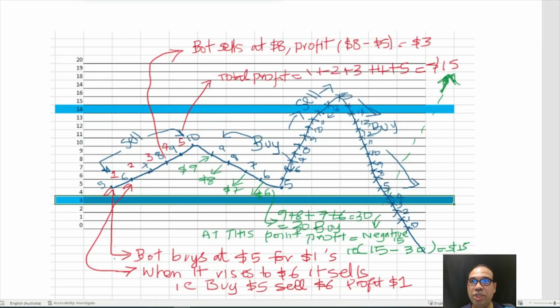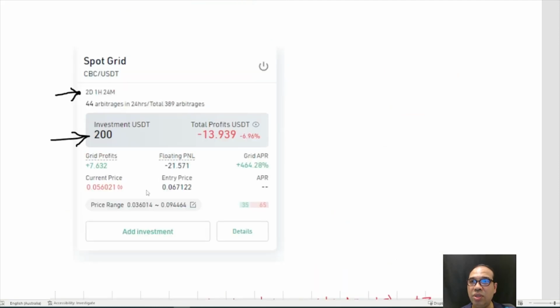Now I want to explain to you the lower limit and upper limit. Let's go back to an example which I already had before. Here you can see the price range, lower and higher. When you started, the entry point was 0.06. Can you see this example? 0.06. So the bot goes and sets the range, or the AI parameters go and set, artificial intelligence sets the range at 0.03 and 0.09. So 0.06 minus 0.03, plus 0.03, gives 0.03 and 0.09.